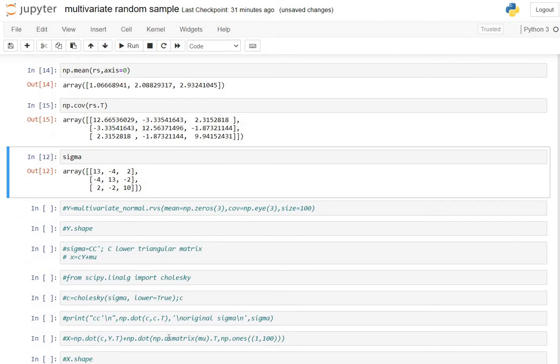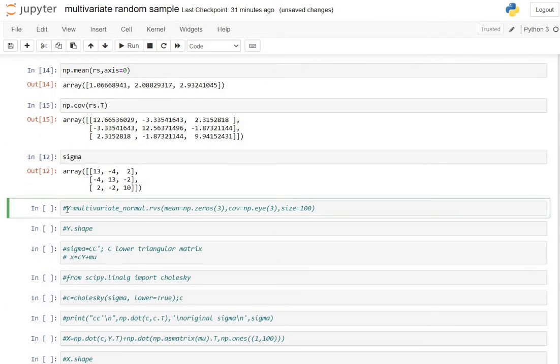Now suppose for practical purposes you have a sample from the standard multivariate normal distribution. We can generate the standard multivariate normal distribution first. So the mean vector we have to give as a vector of zeros and the variance covariance matrix as the identity matrix. For that we have to use the command again, multivariate_normal.rvs. Now suppose our mean vector is of order 3 cross 1.